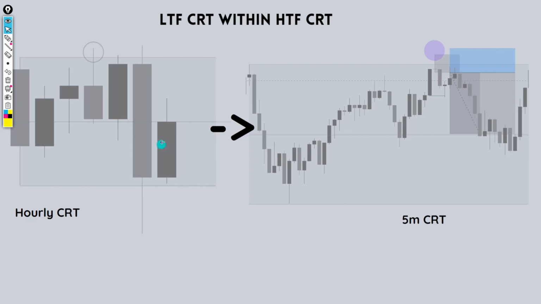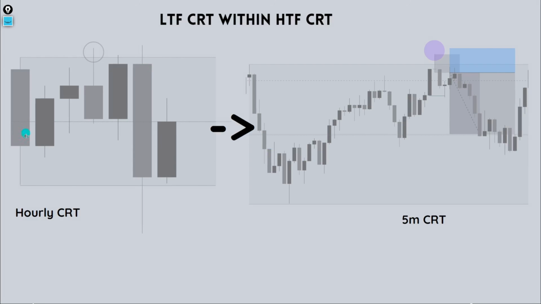especially if you've just started to use this model, okay? Now here's an example of us using the lower time CRT within a higher time CRT. So here we have our hourly candle. Price is creating this inside bar nature. All the price is actually being contained within here. As you can see, nothing is breaking the highs or lows, okay? But we are waiting for one of these highs or the low to get broken,